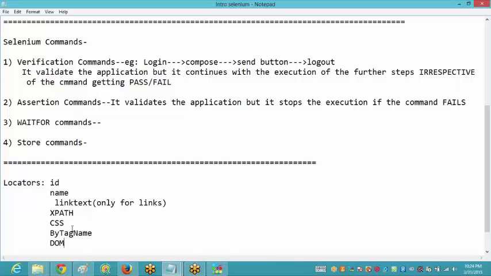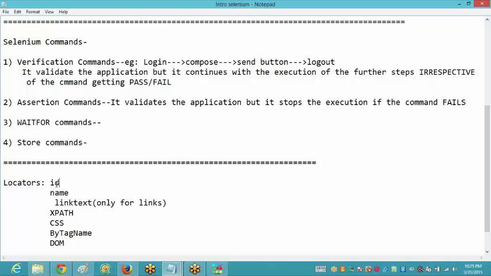Now, what does this mean? There could be some objects present on the same web page which have the same ID. In a web page there could be many text boxes, so if you want to search for a particular text box, you will have to use the locators. Now, what type of locator should be used first?